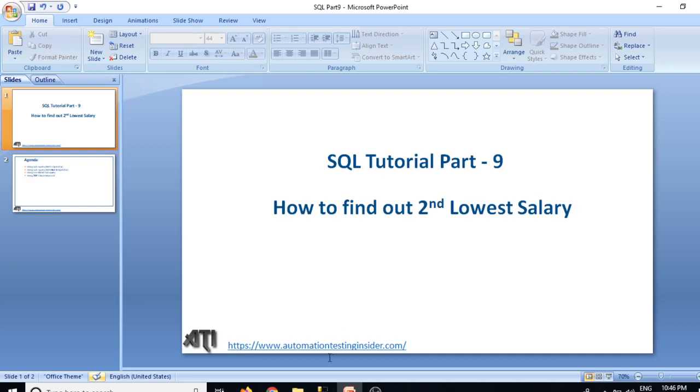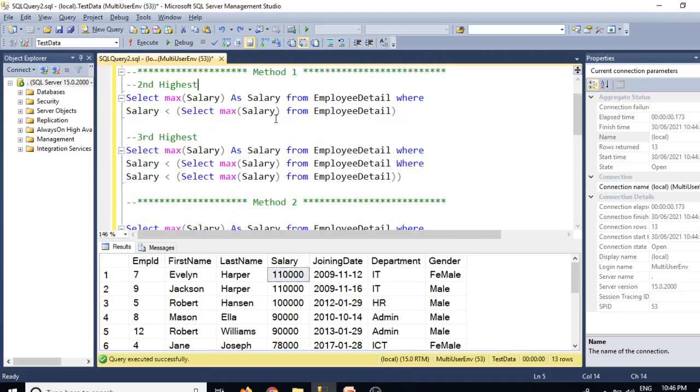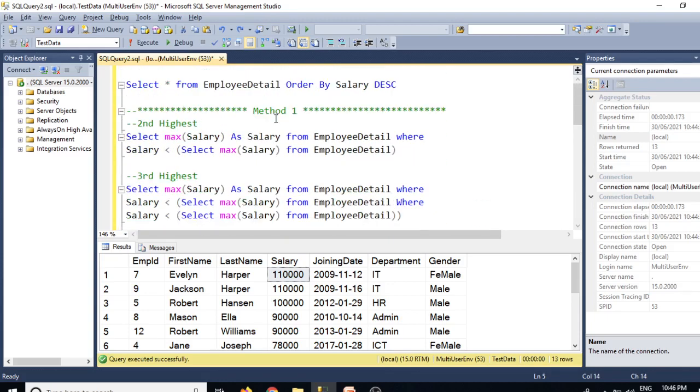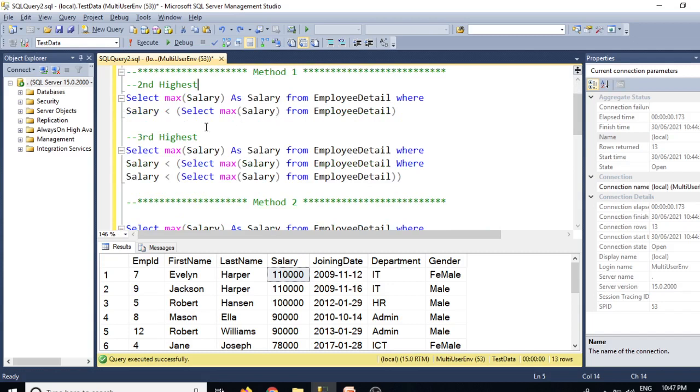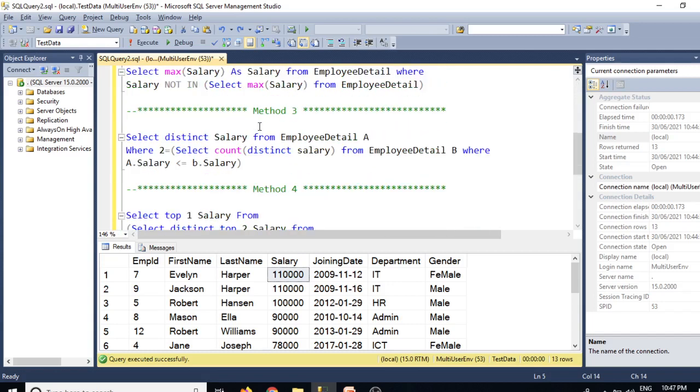Okay, so I'll take you to my SQL Server Management Studio, and if you remember, in part 8 we talked about 4 methods to get the highest salaries, like second highest or third highest or nth highest. These are the different methods we used: subquery, with less than operator, with not in operator, and we used correlated subquery as well.